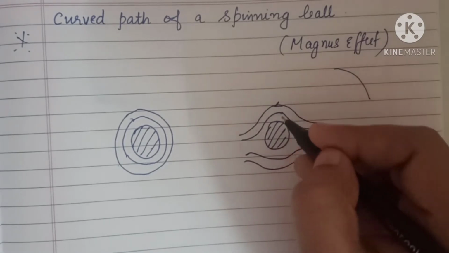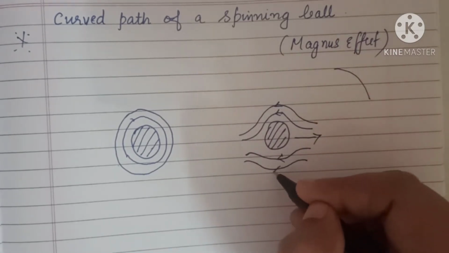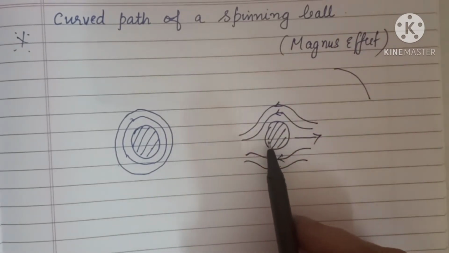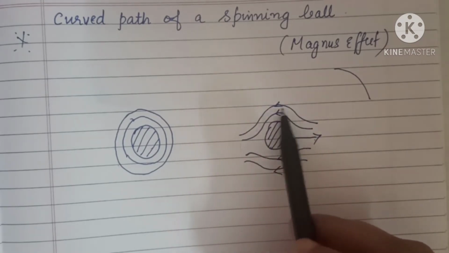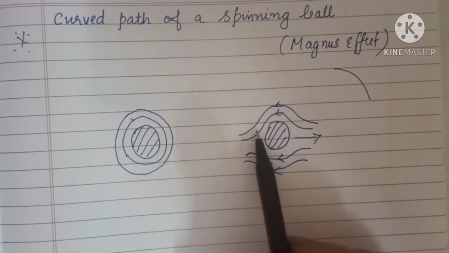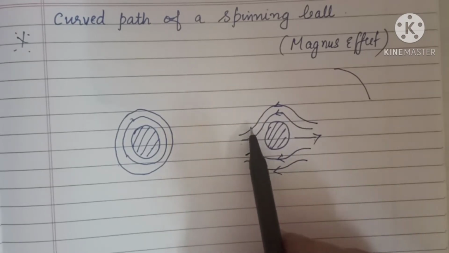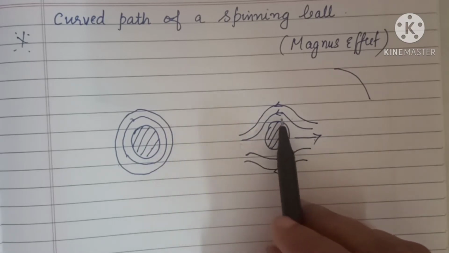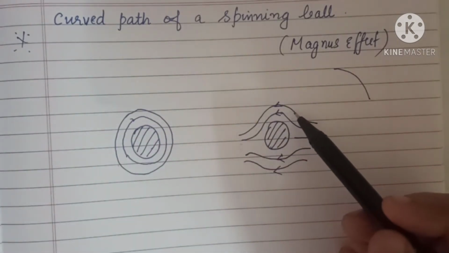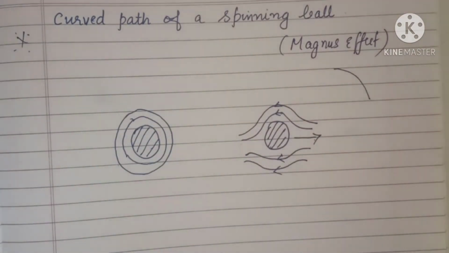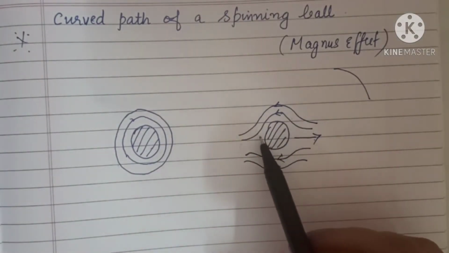The movement will be in the backward direction. Why? Because when the ball starts to move with a velocity v in the forward direction, the air around it will move in the backward direction in order to fill the empty space there. This is called the streamlines, and the concentric circles change to this shape. These are the streamlines around the ball.